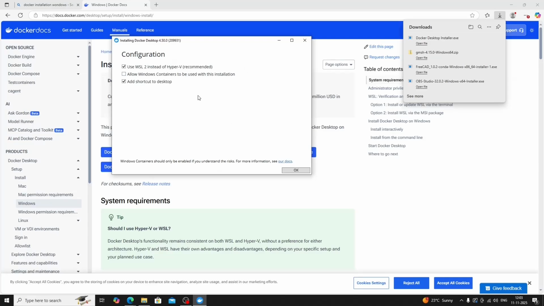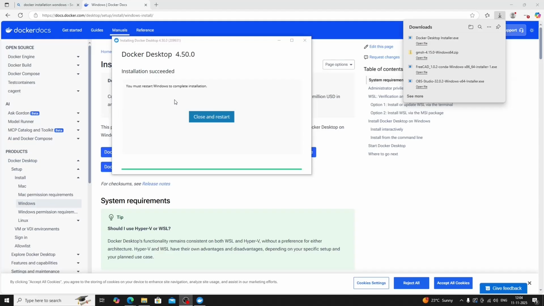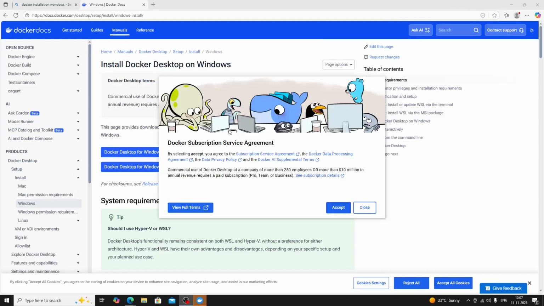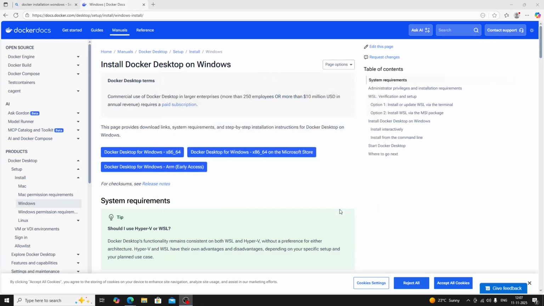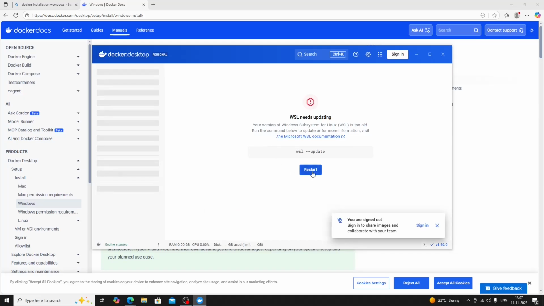and then just use the default configuration. You'll see this. You can just close and restart. So once you close and restart, you'll see this. Just accept, and you'll see everything here. So you can just skip for now, and you can